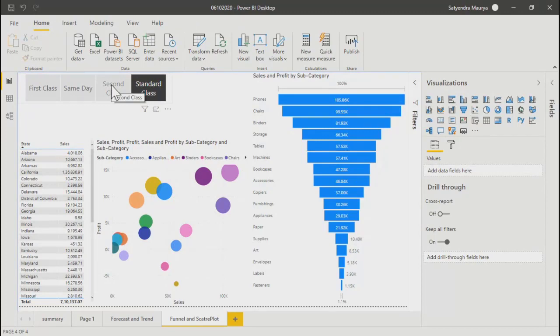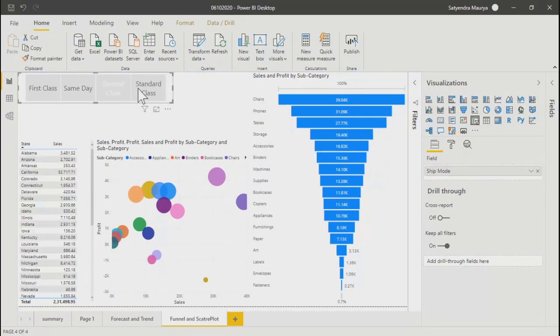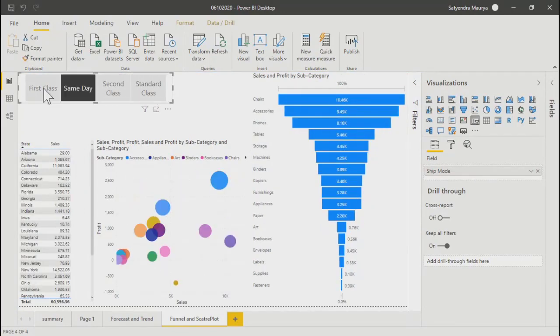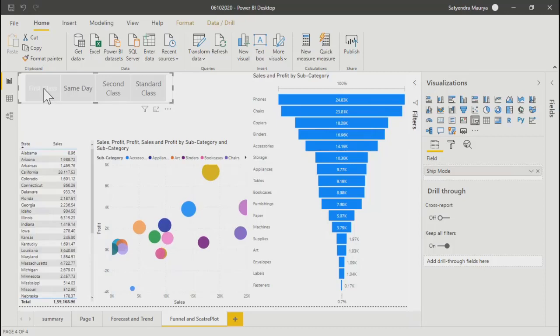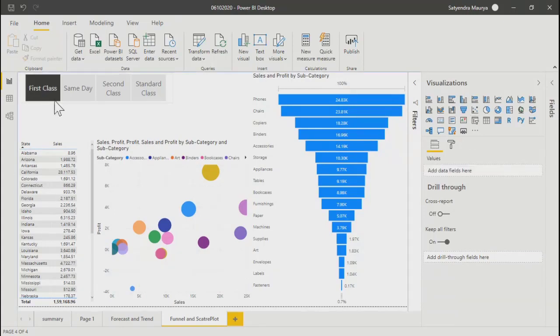If multi-selection is on, using Control you can select multiple values. If multi-selection is not on, then one value at a time, and it gives you a better view so that you can filter out the objects from your different charts, right?